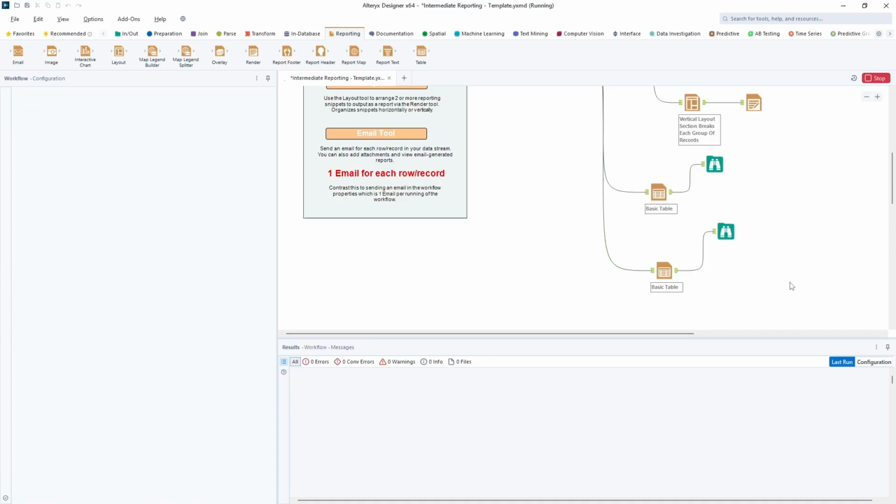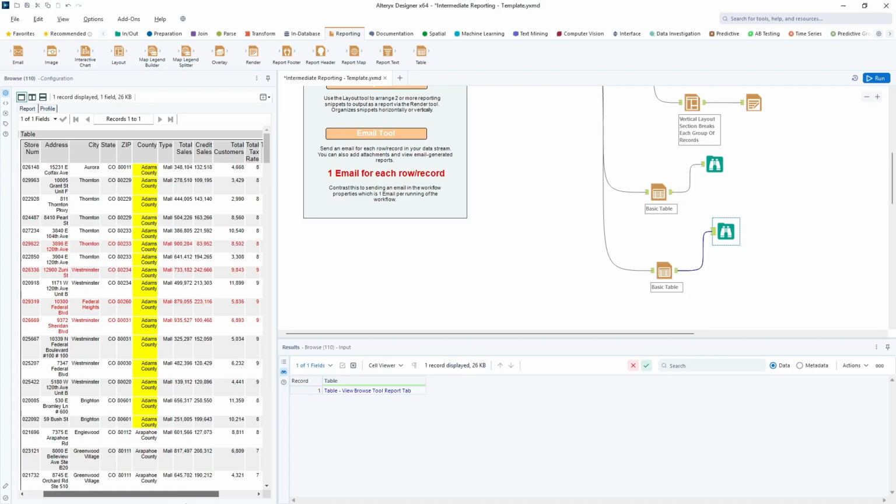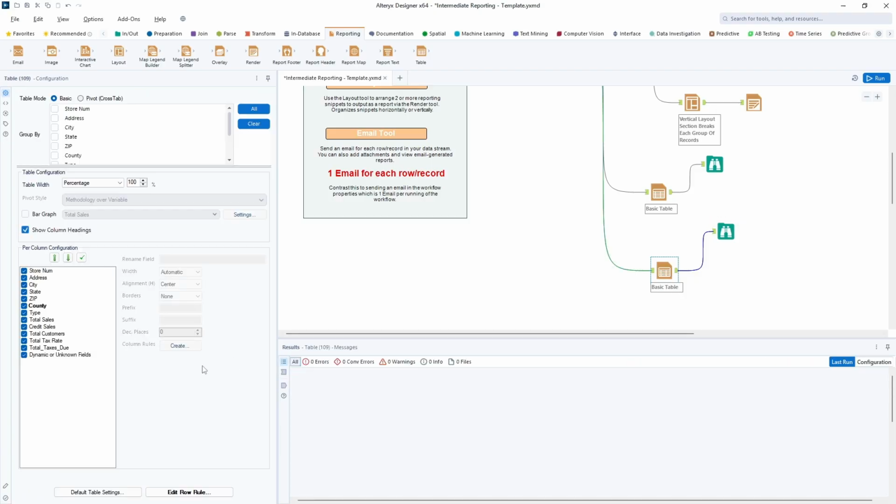So when I run this now, anywhere it says Adams County, I get the yellow. Anywhere that I have total taxes due here, over 60, I have the reds, right? Note that the Adams County right here is in yellow. Sorry, the text is in black. When I go back into my table here, note that I've got county bolded in red, bolded, which tells you that I have a rule for that,